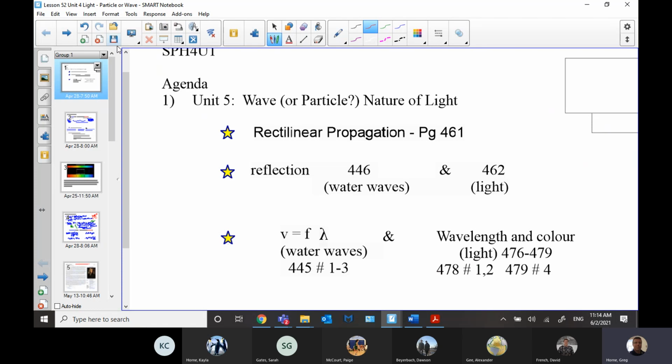So 5.1, 5.2, it can give you some time. By the way, definitely go in and read over the things to do with this. When I'm saying reflection, 4.46, 4.42, take a look at each of those. You look at reflection with water waves, reflection with light, and so on.